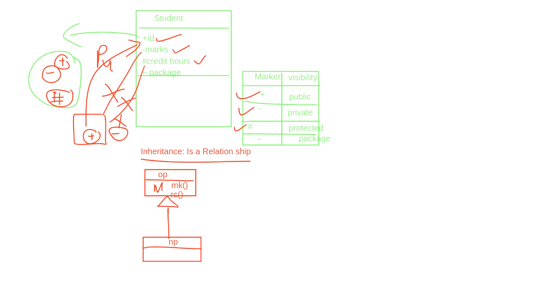Now using inheritance, what happens when you mark these? If I mark them private, private means minus. If I mark them minus, then I will not get the functionality of make call and receive call in new phone, and the outside world also cannot see this functionality because it is private. What I want is, I don't want the outside world to see, but this old class is called the parent class, and this is called the child class. I want this functionality to be available to the child class through inheritance. Then I will mark it as hash.